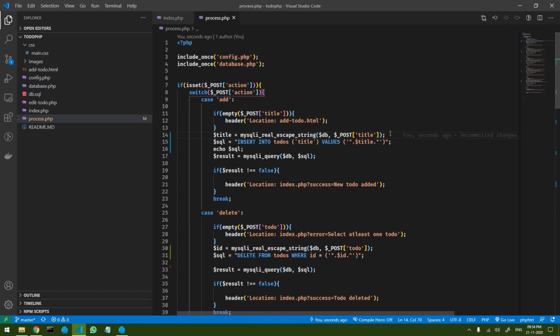Now there are other libraries that you can use, so we will also make this entire app using some libraries, so that you can see how to make a much more secure web application with the help of third party libraries. Okay, so I hope you understood how SQL injection can be avoided with a simple command, that is mysqli real escape string.